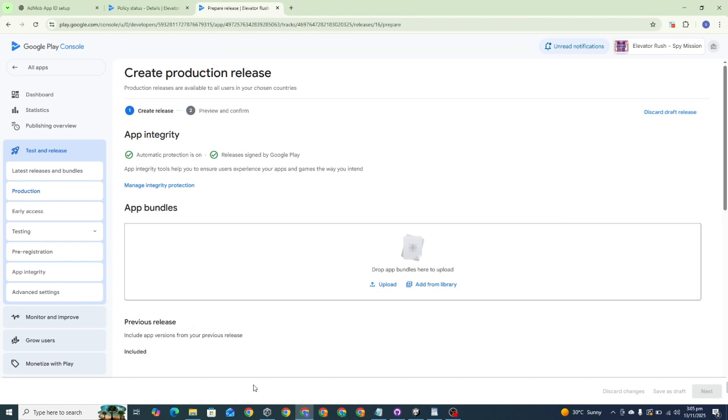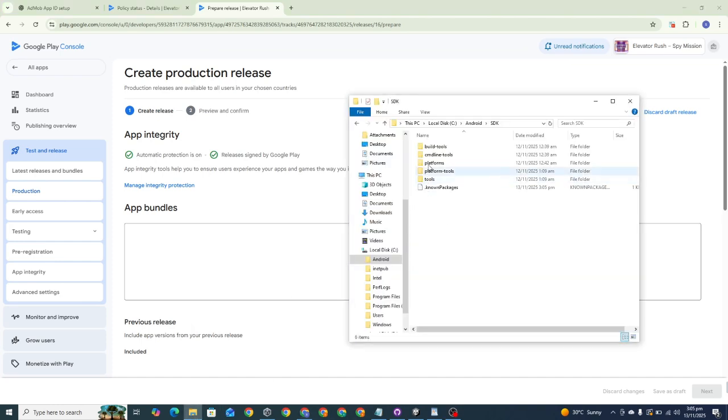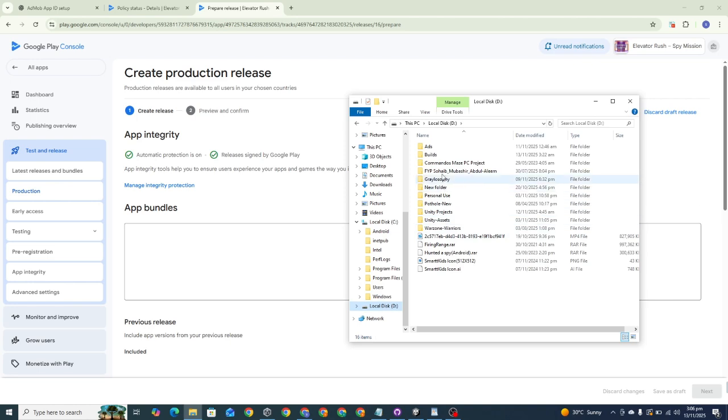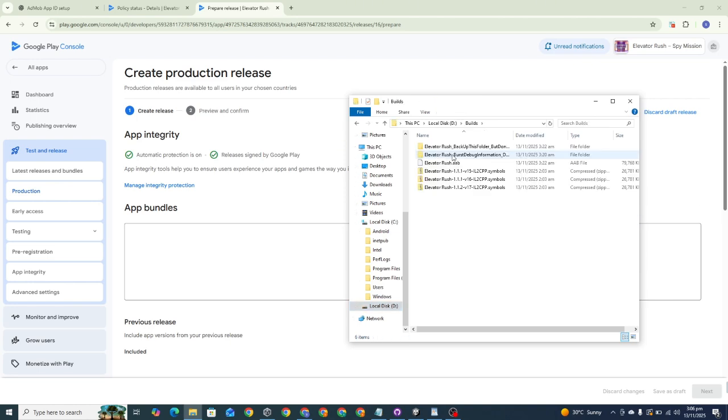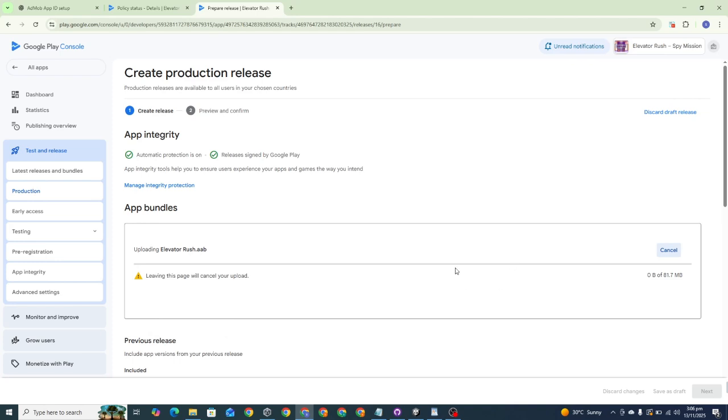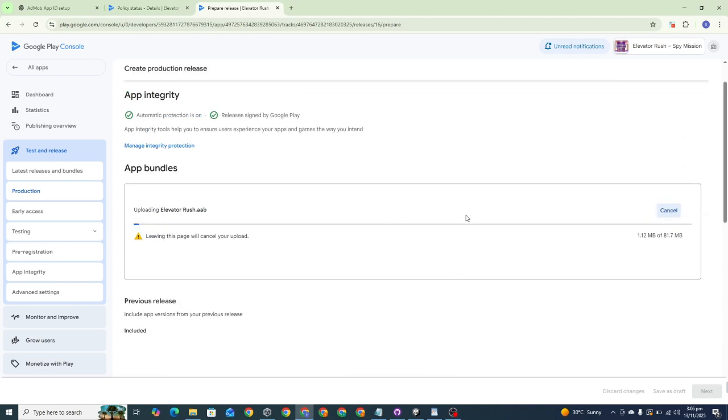After making your build, you just have to go to your build folder where you have taken your build, then you just have to put your build here. When it is uploaded, when it will be uploaded,